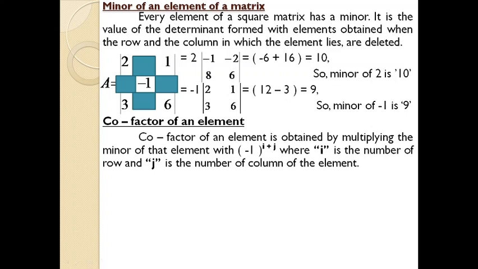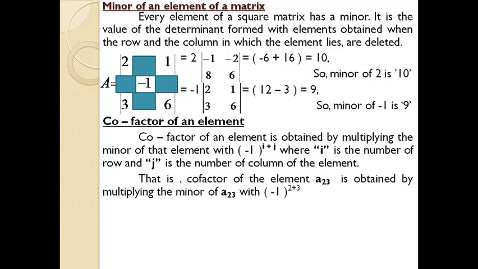And i and j, we have heard about what is meant by i and j. i means the number of row and j means number of column. The i and j represent the position of whatever element you have selected in that matrix. You will understand when we discuss the example, and you will get a clear picture of how we are finding the cofactor of an element. We know how to find the minor of an element. So how are we going to find the cofactor of an element?